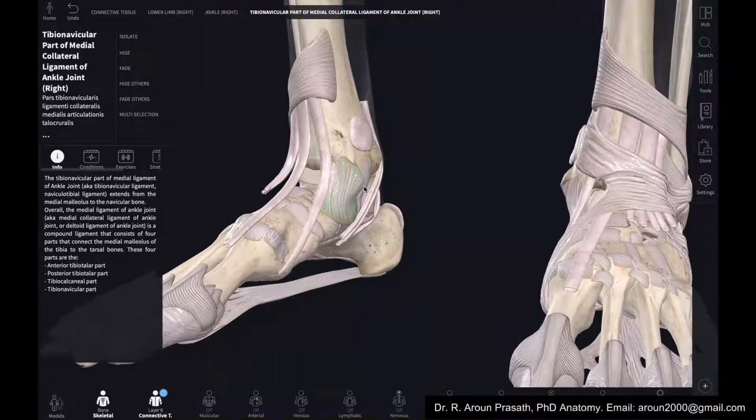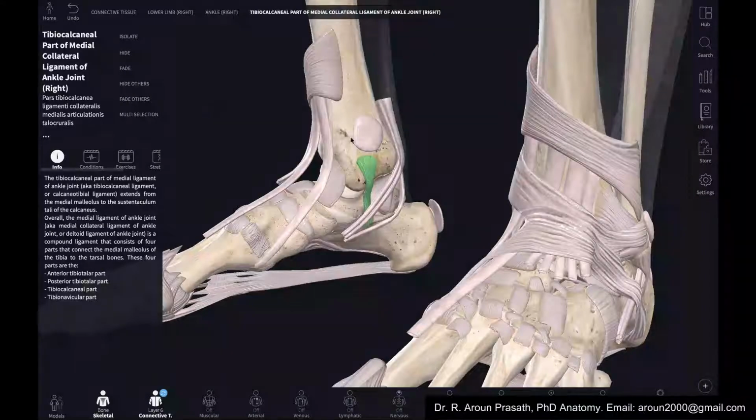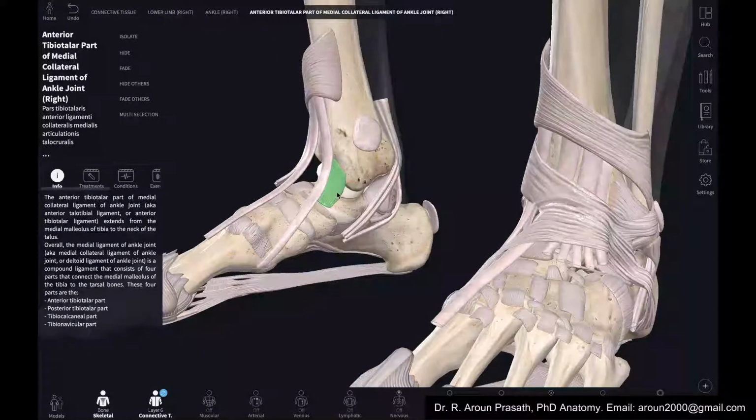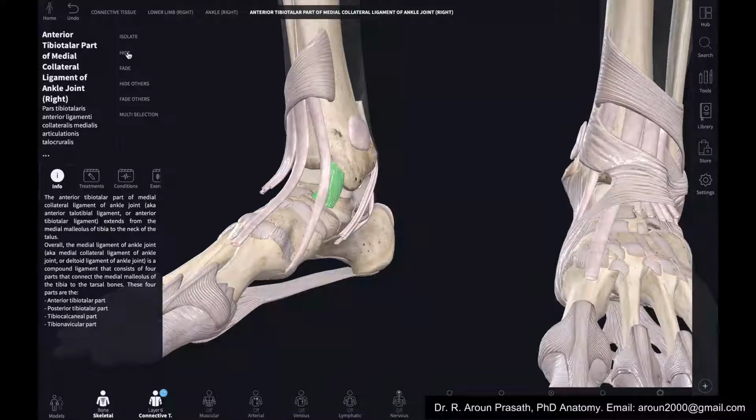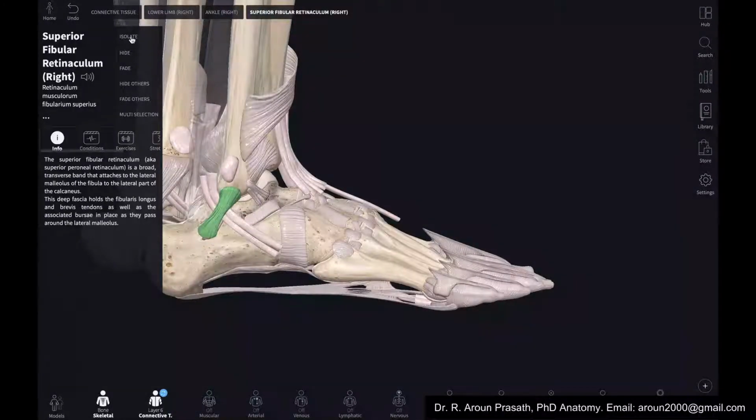It has three parts: the tibionavicular attachment, then the tibiocalcaneal attachment, and also the anterior tibiotalar part. Okay, so the medial collateral ligament has three parts, that are attached to the talus, the navicular and the calcaneum. So this is the medial collateral ligament, and in the lateral collateral ligament you have the superior